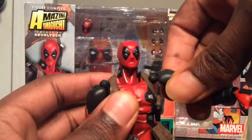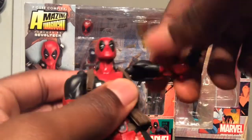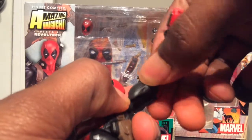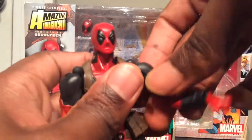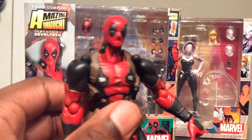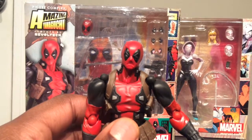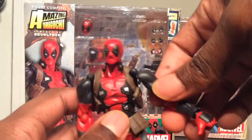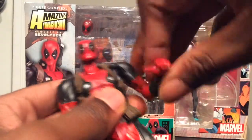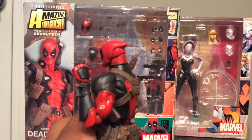You do get some swivel. I can't really get it to move that much. Mine is kind of stuck. I kind of gotta hold that ball peg in. It's there, but you might have to use a hair dryer or run it under some hot water or something to get that to loosen up. Right now mine is mostly stuck, but there is a swivel there, way over 90 degrees with